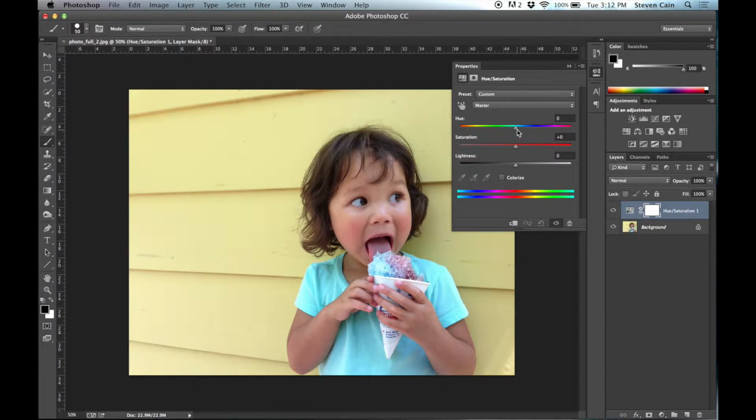But right above the saturation, we also have our hue slider. And this changes the color of either the image as a whole or specific tones. If I want, I can select to just change the yellows, for instance. If I wanted to change the background on this image, I could select yellows. And then when I change this hue slider, you can see that it's just changing the yellow portions of the